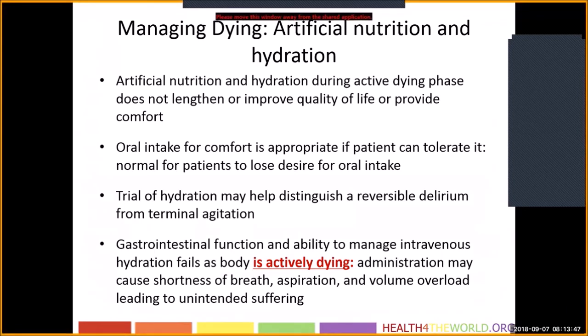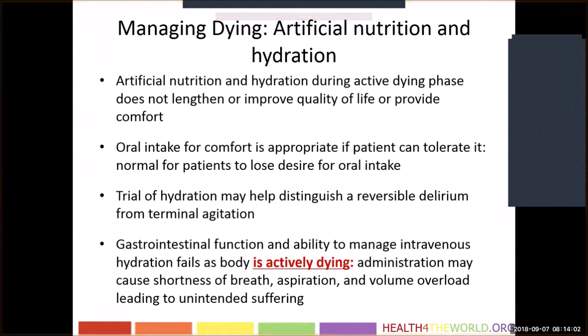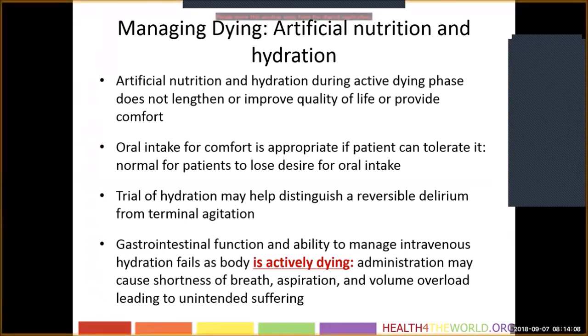It is normal for patients to lose the desire for oral intake. This should be explained to families up front, right? If they go into this knowing, with the expectation, that during the normal dying process the part of their brain that tells them to eat is going to turn off, and that's okay because they don't handle the food anyway. So instead of it being a negative, I actually turn it into a blessing. I say, the human body's amazing. By the time you are no longer able to eat, the part of your brain that's telling you to eat actually turns off. So you're not having to suffer through being hungry and not being able to eat. And people go, oh, so this is normal.